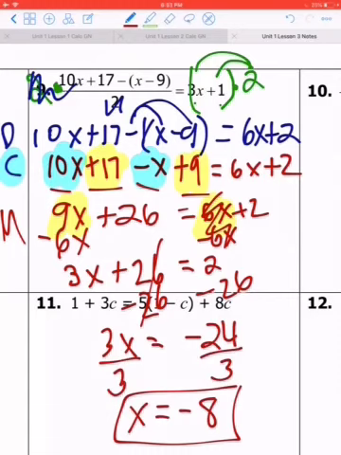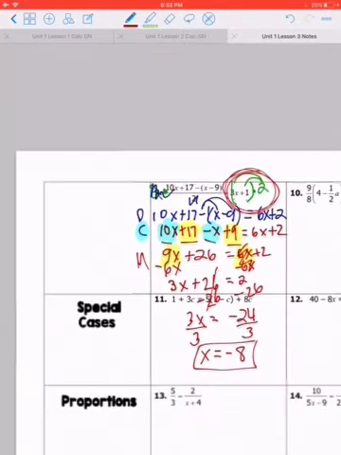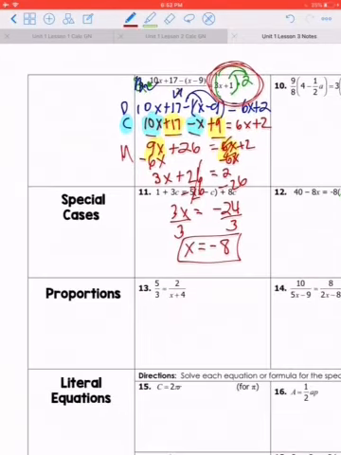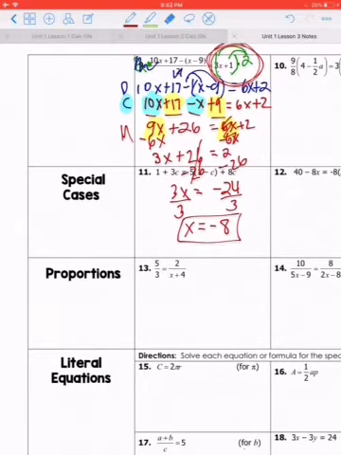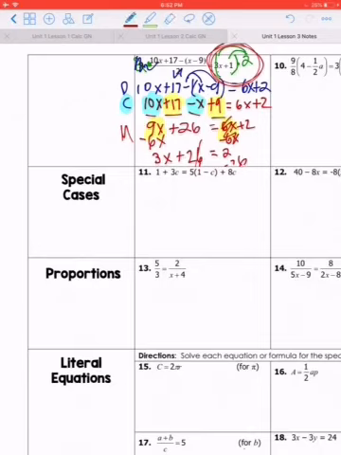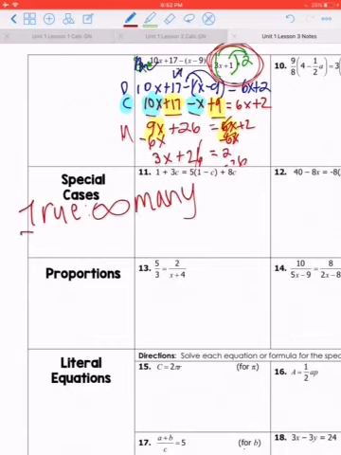Alright, so don't forget this here, it's very important when we go down to proportions, okay. Special cases, we're probably going to do both of those. This is when you get either a true or a false statement. And if you get a true statement, there are infinitely many values that will work. So you just say infinitely many. But if you get a false statement,